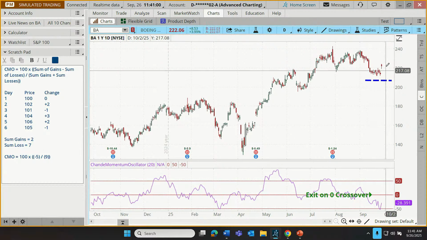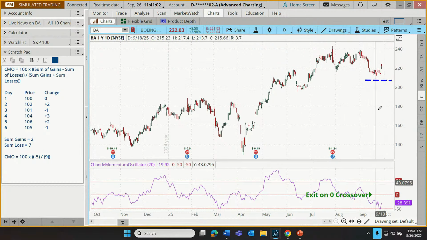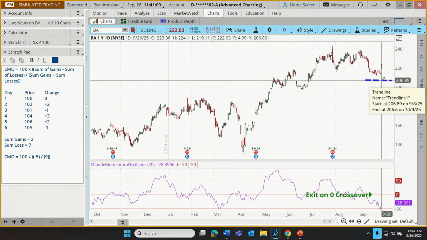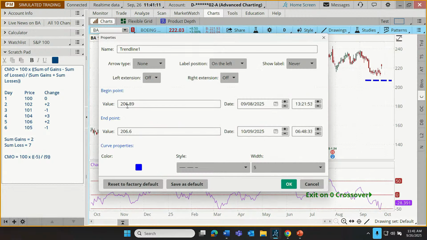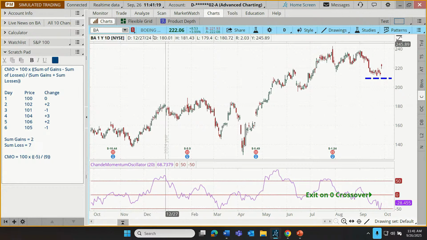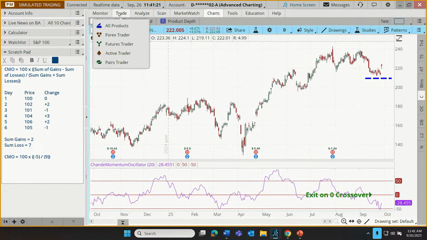Okay, there we go. So let's plan. Now, what some traders might do if they think their target's relatively close is they could use a more snug stop. Should we do that at 209? How about if we move that up to 209? That's just 1% below those recent lows. There we go.